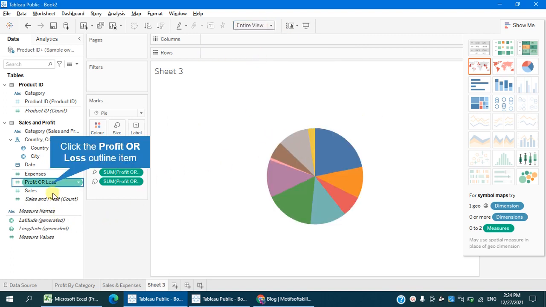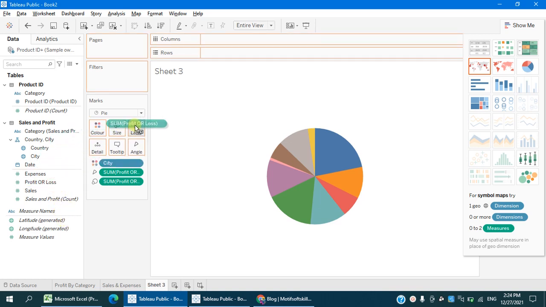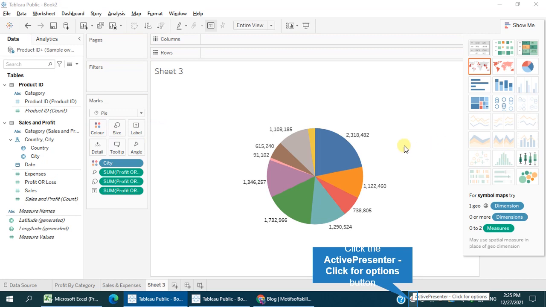This is the way we can create the pie chart. Okay,